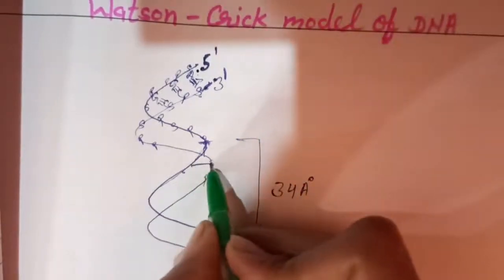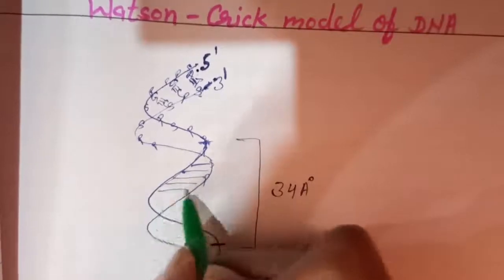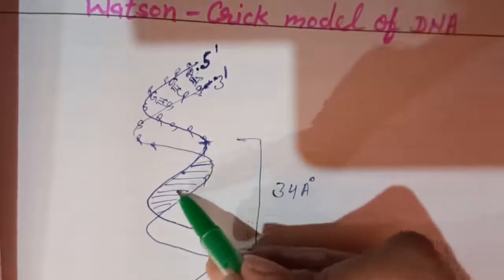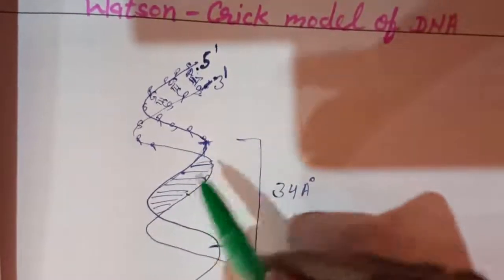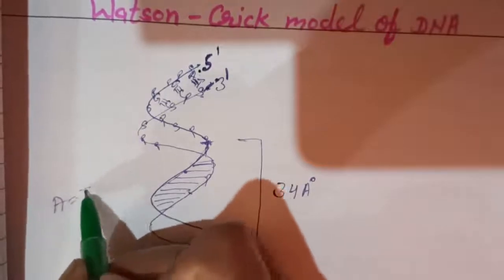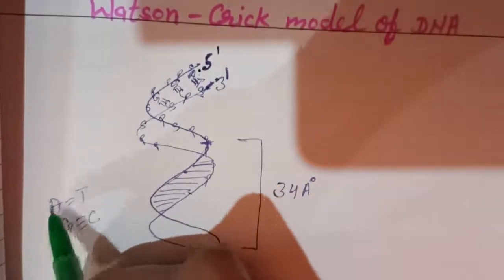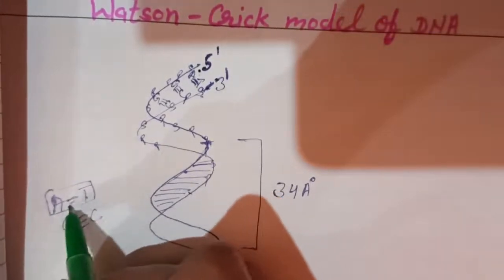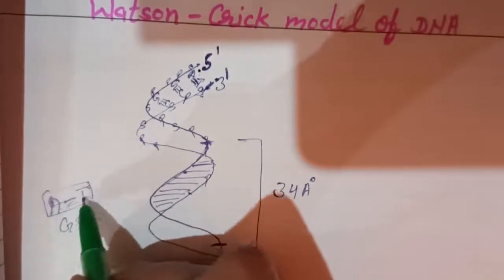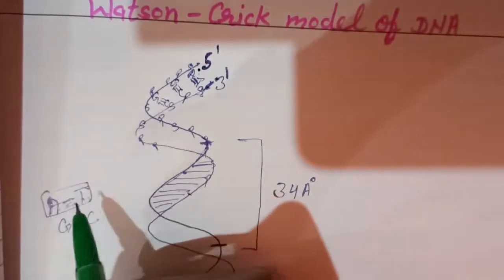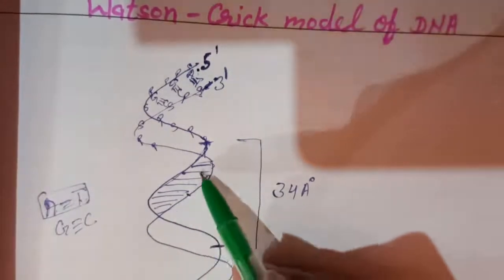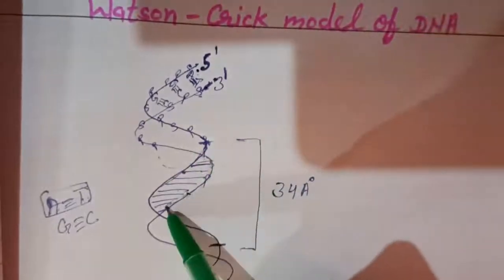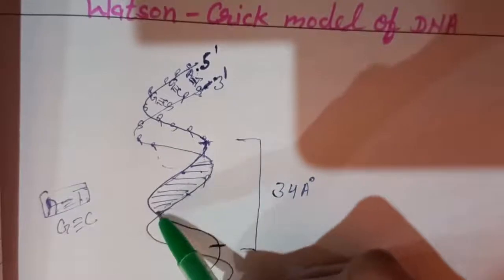Right? Now one more thing. Here 1, 2, 3, 4, 5, 6, 7, 8, 9, 10. So total 10 base pairs. Base pairs are like adenine, thymine, guanine, cytosine. This is called one base pair. This is one nitrogen base, right? And when these two nitrogen bases are paired with each other, this will be called a base pair. So 10 such base pairs are present in this one helix of DNA. Total 10 base pairs are present.